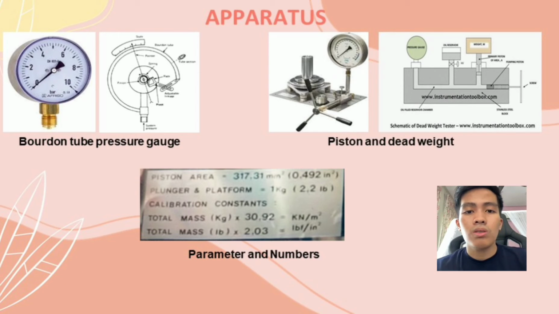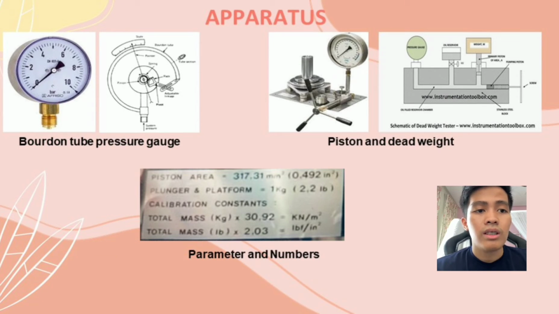Next, we go to the apparatus for this experiment. Okay, the most important thing that we need is a Bourdon tube pressure gauge. The next one is a piston and dead weight, which we use to run the experiment. Next are the parameters and numbers. For these parameters and numbers, we have a piston area, which is shown here, and the plunger and a platform. The calibration